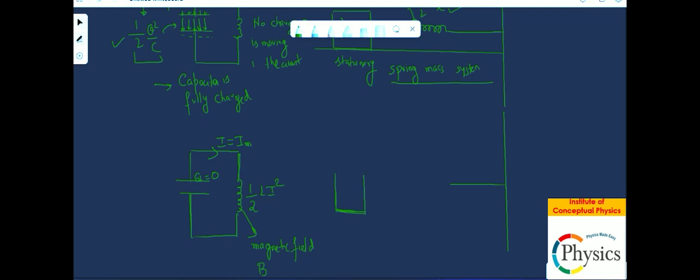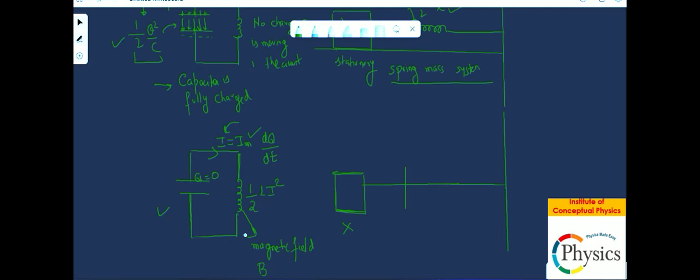But when it comes to the situation on the left hand side, and we have to draw the analogy, now the block is no longer here, the block is not here. The block has reached its maximum velocity because the charge has reached the maximum velocity, which is the maximum current in the circuit, which is dq by dt. So this is the maximum velocity of the charge, and similarly the block has reached the mean position,